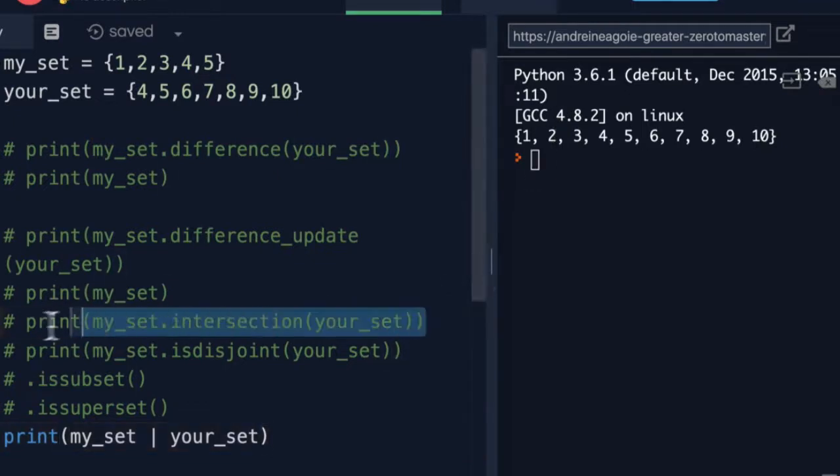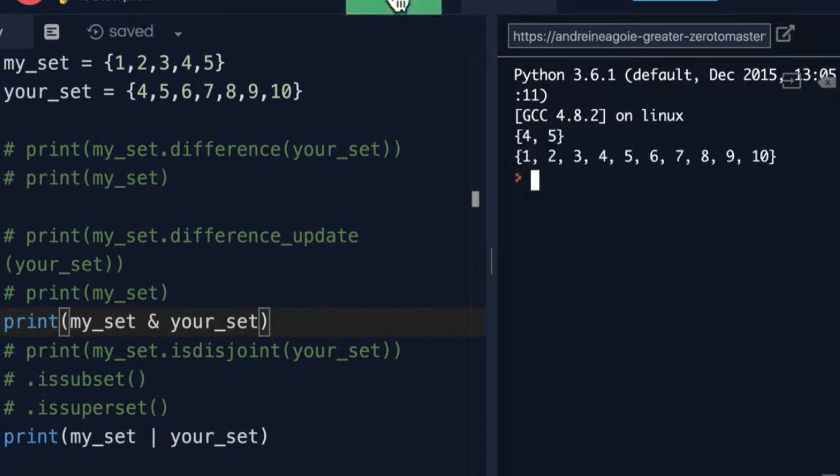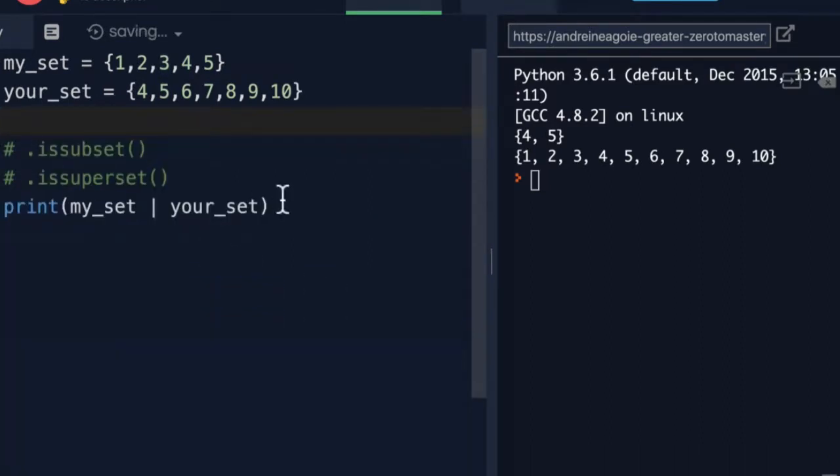And by the way, this also exists for intersection. Again, you don't see it that often, but with intersection, you can do the same thing where you just do the ampersand. And if you do that, it gives you the intersection of my set and your set. All right, I promised you this is going to be short, so